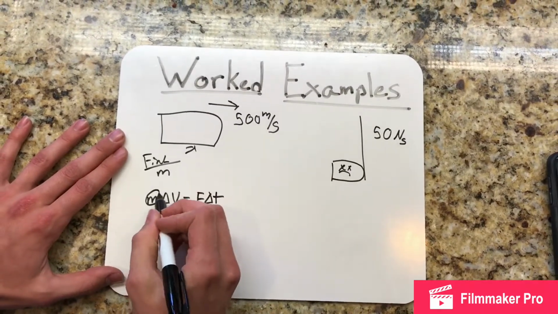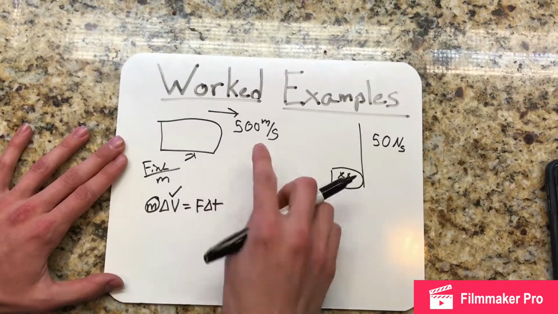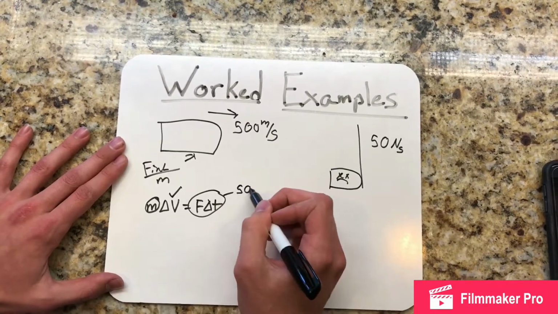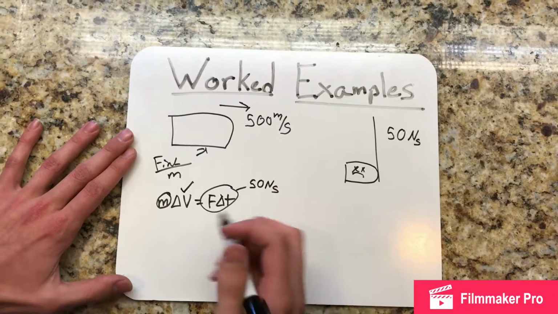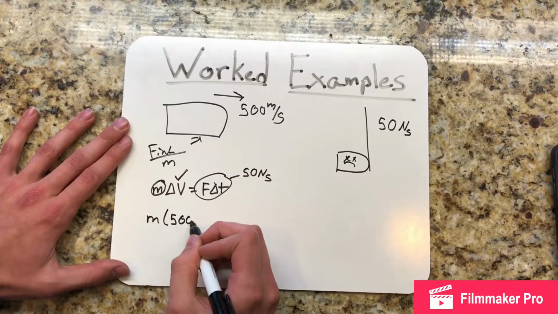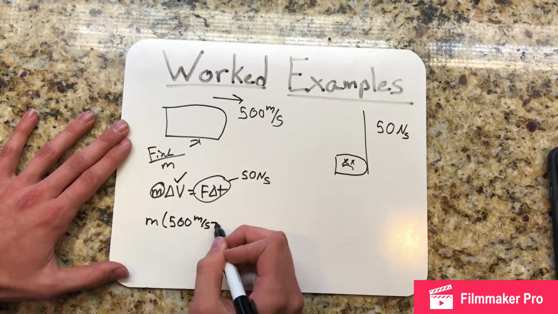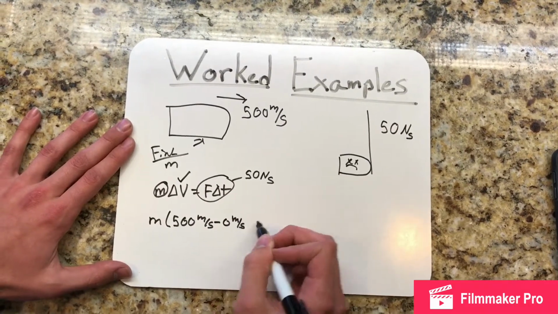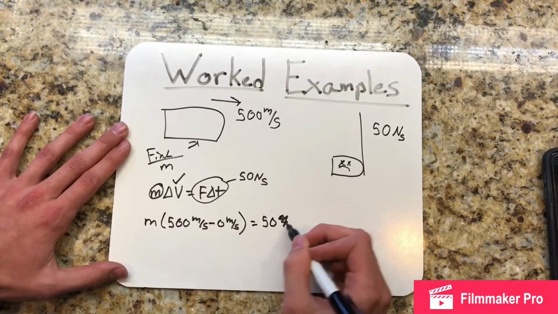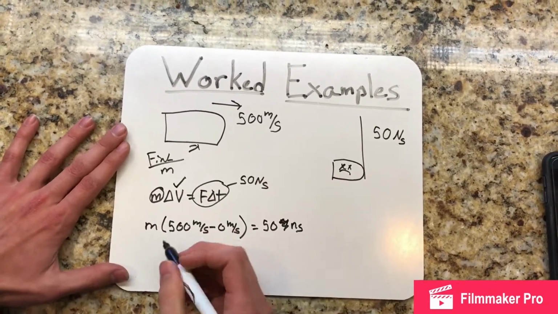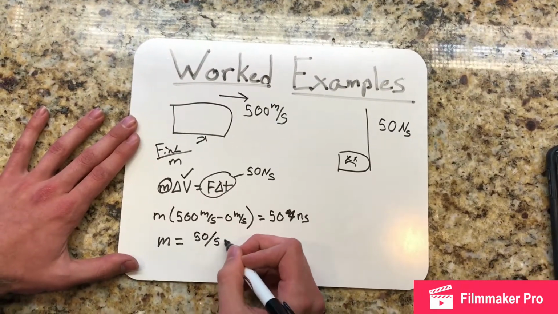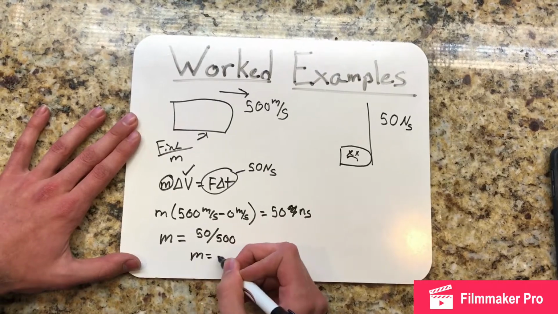We have the change in velocity, and this whole thing equals that 50 newton-seconds. So we have the mass times 500 meters per second minus 0 meters per second equals 50 newton-seconds. If we divide those, 50 divided by 500, you get the mass,